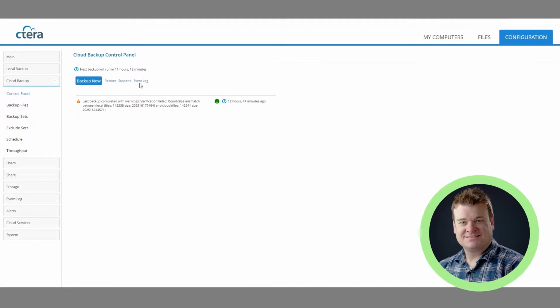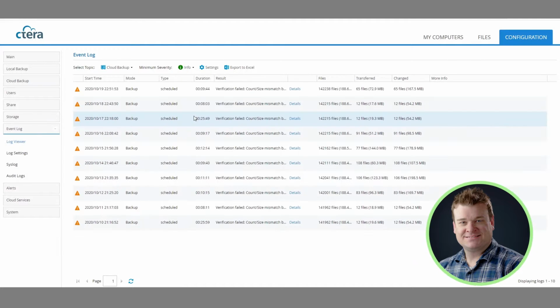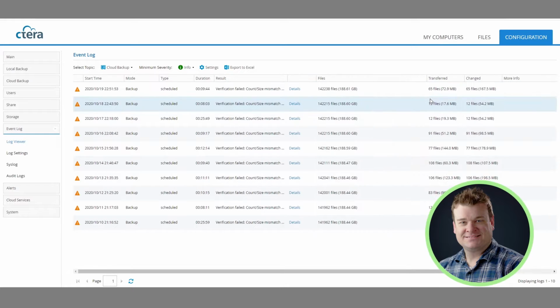And then from here, the only thing we really use in this portion is the event log. We can kind of dive in here and see how much data was actually backed up the night before. Now, the way that the cloud backup works, it only picks up what changes have occurred and then pushes it off site. So we have different size backups here. We've got 167 meg, 107, 54,